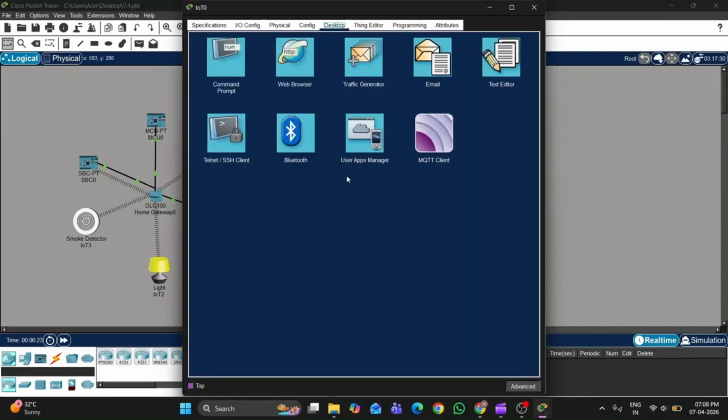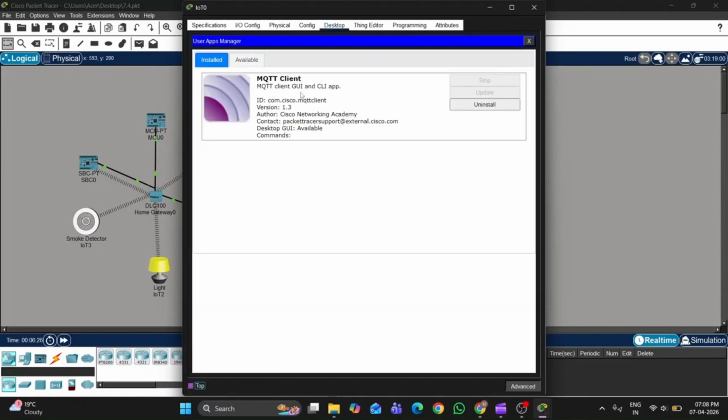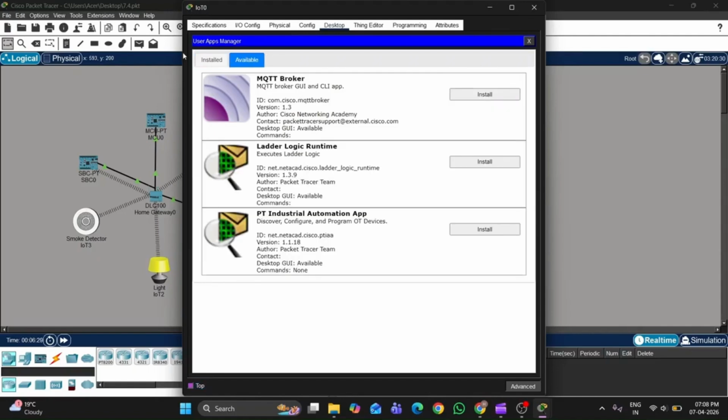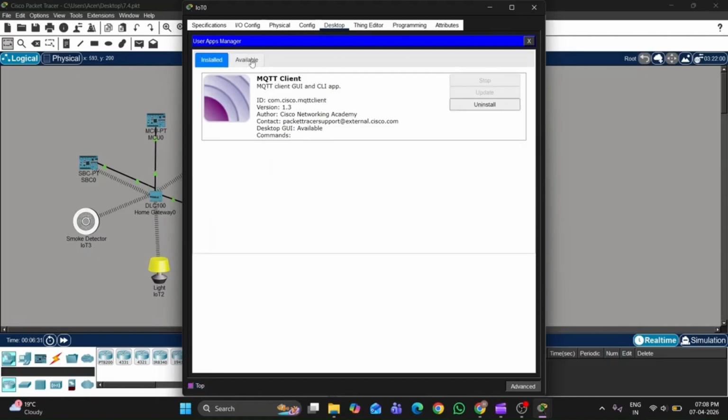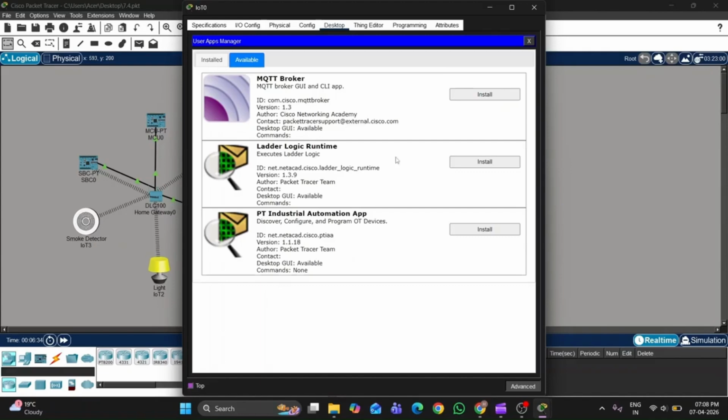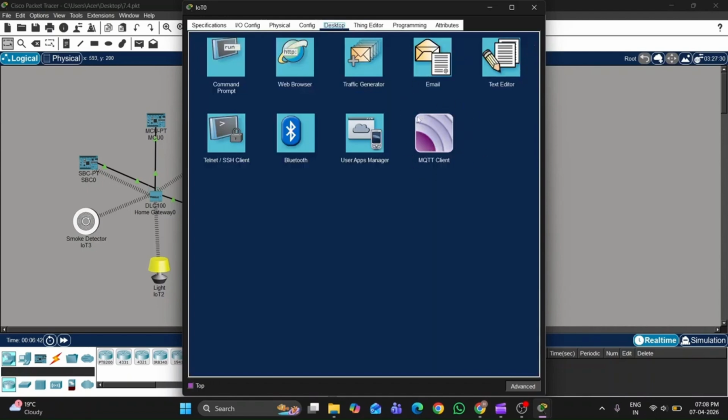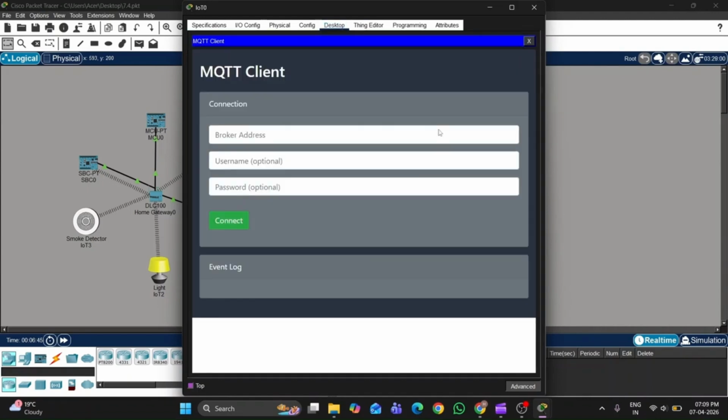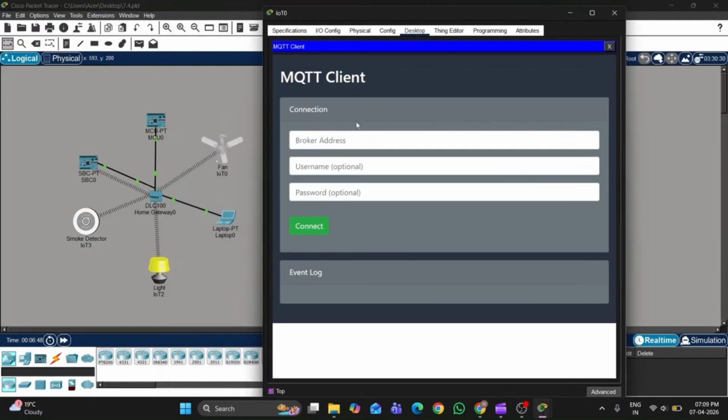So go here, desktop, then go to user apps manager, then available. I've already installed this MQTT client, but if it's your first time, then you'll find MQTT client here. You need to install it. Once installed, go back and you'll find it here in the desktop. Double click it to open, and here you need to